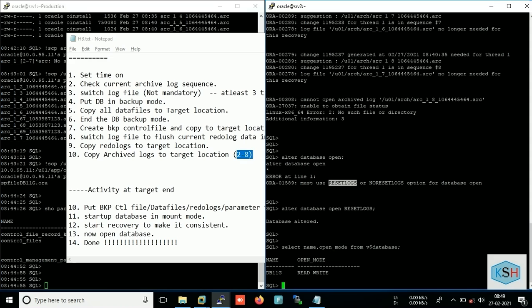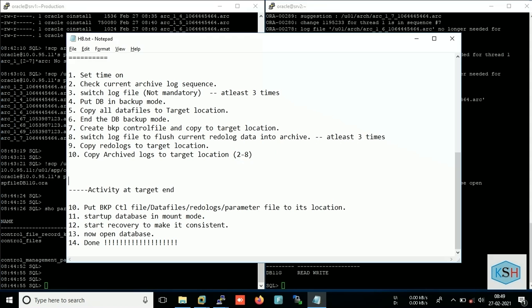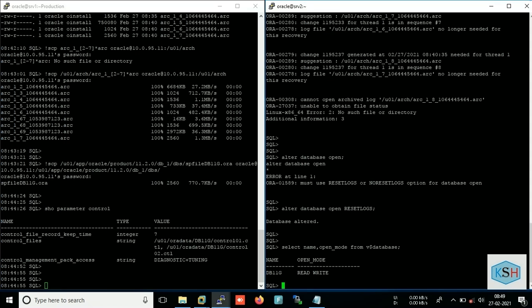What is the benefit in this backup method? In this backup method, you don't need to put your production database down. Most of the places you will not get downtime for this backup task. So we need to run online backups, which are data pump, RMAN backup, hot backup. So these are online backups. So I hope you have understood the steps, you have understood the technique,